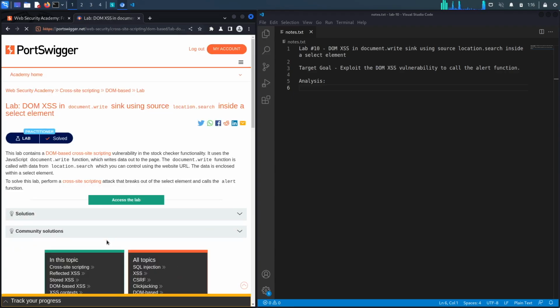All right, let's get started. This lab contains a DOM-based cross-site scripting vulnerability in the stock checker functionality. It uses the JavaScript document.write function, which writes data out to the page. The document.write function is called with data from location.search, which you can control using the website URL. The data is enclosed within a select element. To solve this lab, perform a cross-site scripting attack that breaks out of the select element and calls the alert